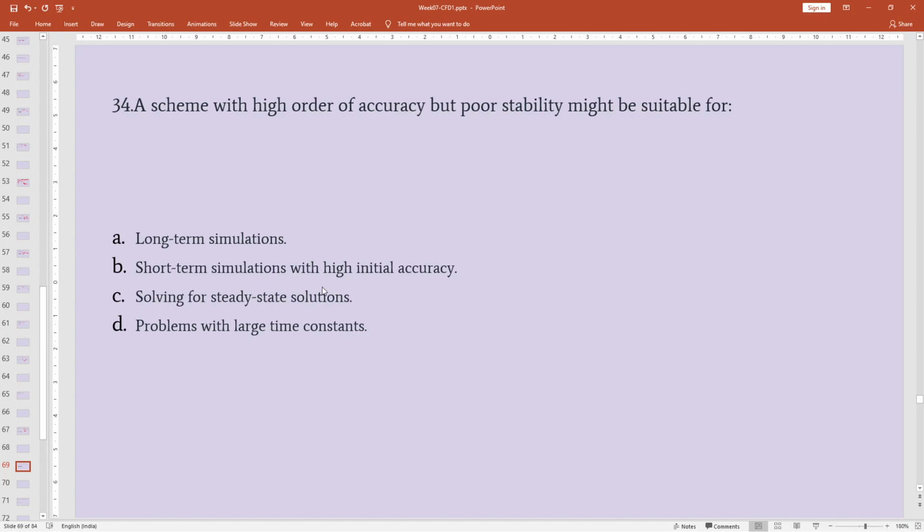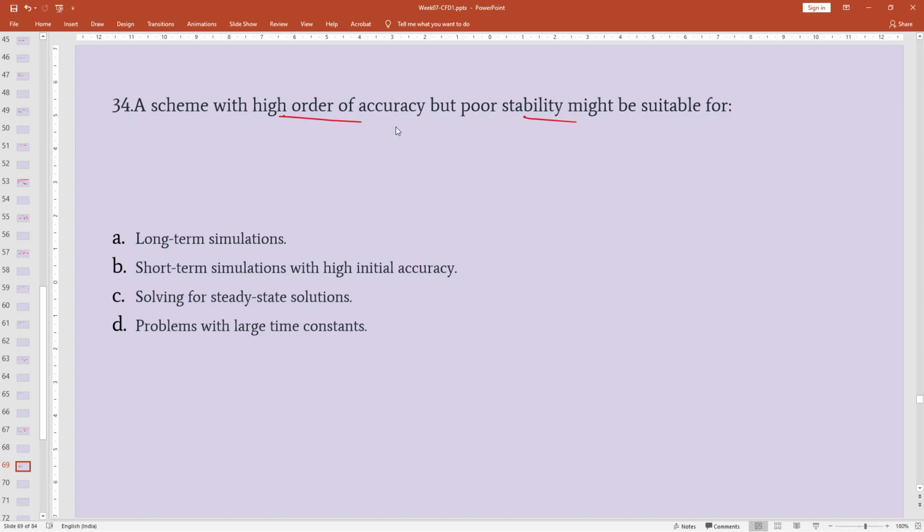Next question, a scheme with high order of accuracy but poor stability might be suitable for. Options are A, long-term simulations. Option B, short-term simulation with high initial accuracy. Option C, solving for steady-state solutions. Option D, problems with large time constants. So here the question is about some scheme which will be having higher order accuracy, but it won't be having stability. So